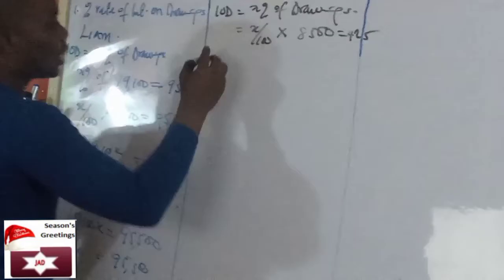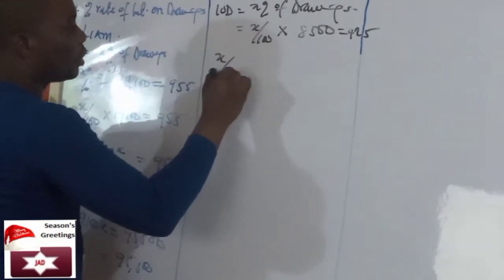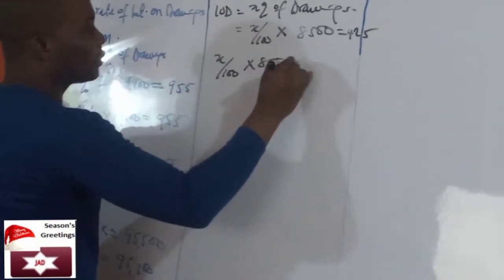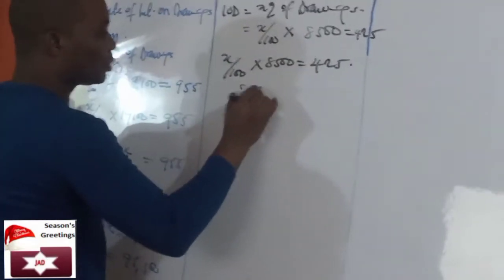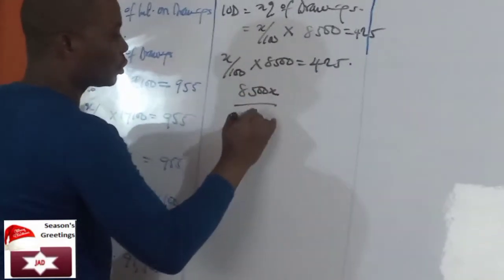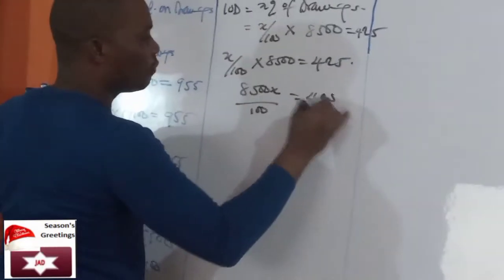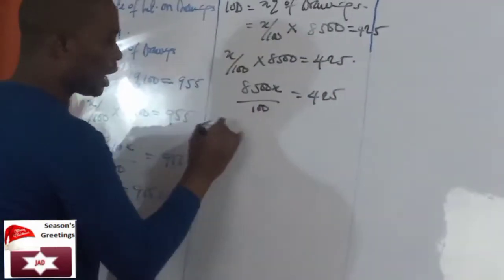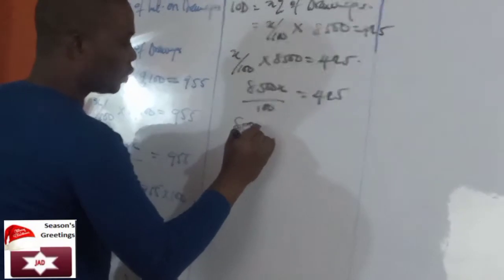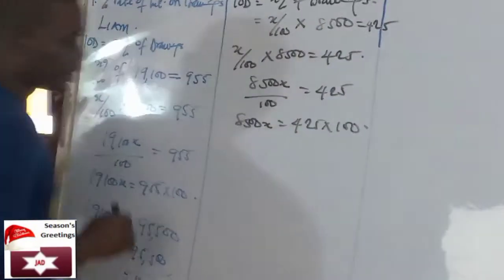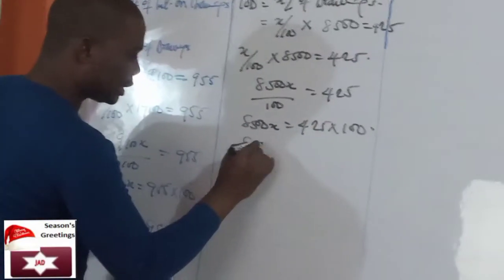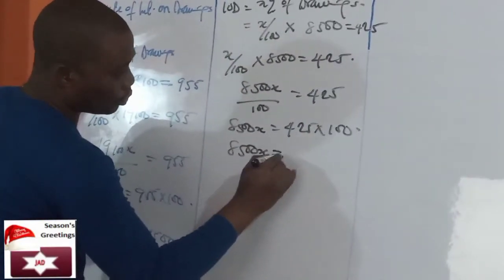So X over 100 times 8,500 is equal to 425. So 8,500X over 100 is equal to 425. If you cross multiply, 8,500X is equal to 425 times 100. So that means X will be equal to